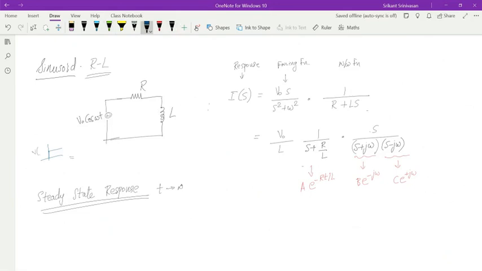If I call this V of t, then the I of t will be proportional to e power minus Rt by L. And we know that the current will gradually increase, so I should put 1 minus e power minus Rt by L, because that means as t tends to infinity, this term will reduce, and I will have a current which is constant. And I even know the constant value of current. It is going to be V divided by R, because the entire voltage will drop across the resistor and the current flow will be V by R.